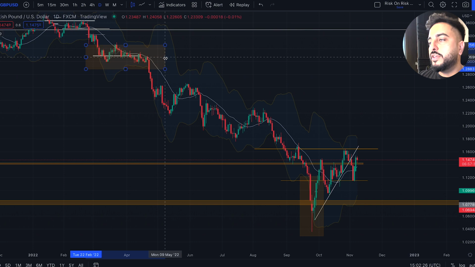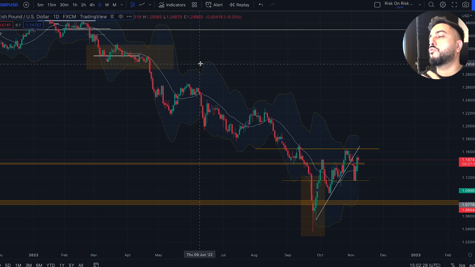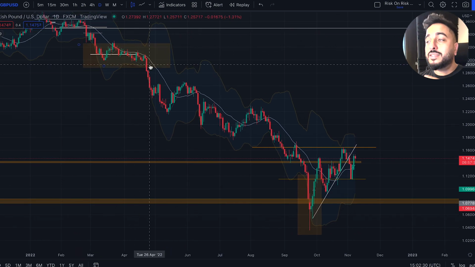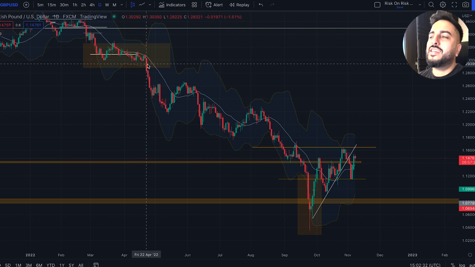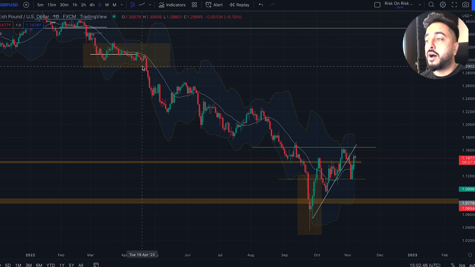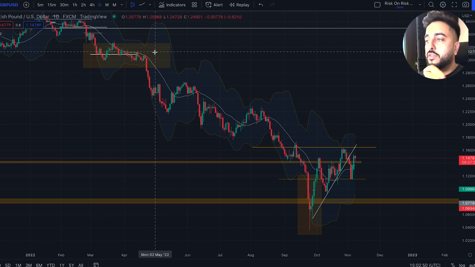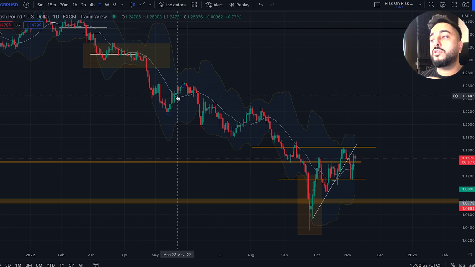Back in March, this is where the Russia and Ukraine story really started to break out. And you might be sitting there thinking, what's that got to do with pound and dollar now? Well, guys, pound is a risk asset. So whenever a war happens, the risk asset classes get hit. And that's exactly what happened here, along with commodities, along with equities. So the pound, this is where I started to really size up my positions on the downside. So this was an excellent opportunity for anybody that knew that was going to happen.